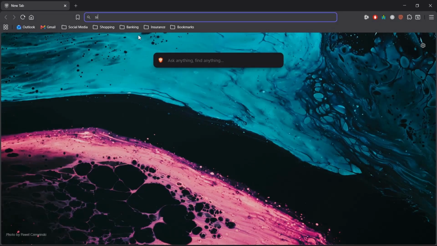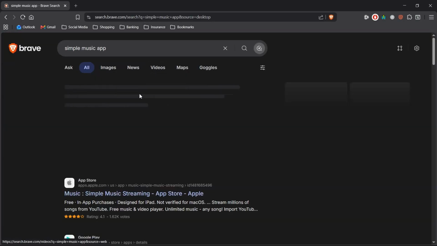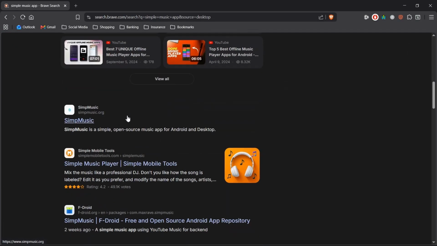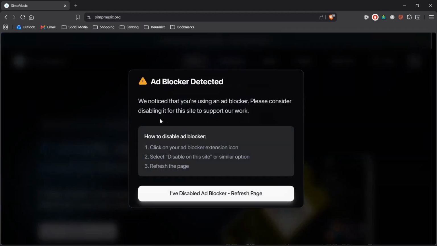But if you want to stream this off your data, you go to Simple Music, but the actual app is called simpmusic app. You can log in with your YouTube email that you have, and it will just copy your playlist over to the music app. It's pretty cool, so you can listen to it anywhere. I just download mine